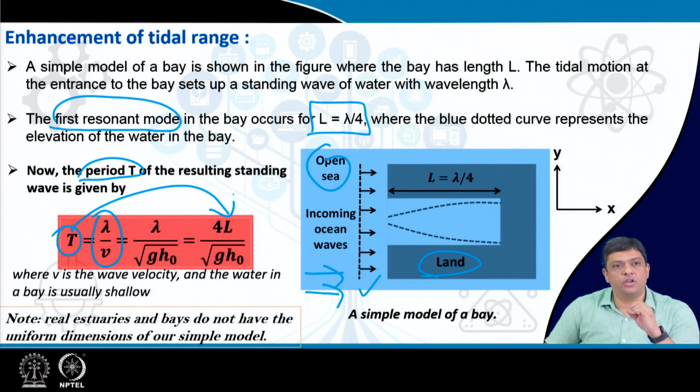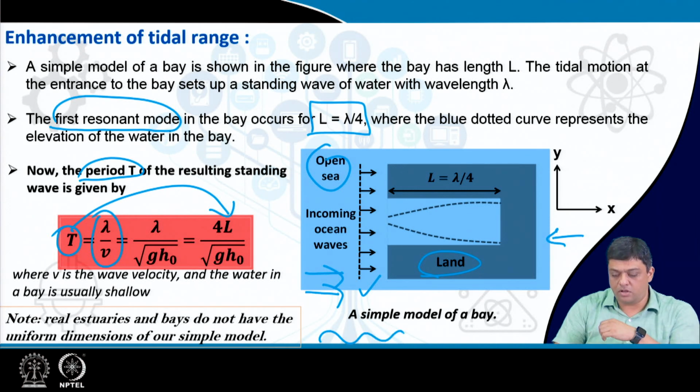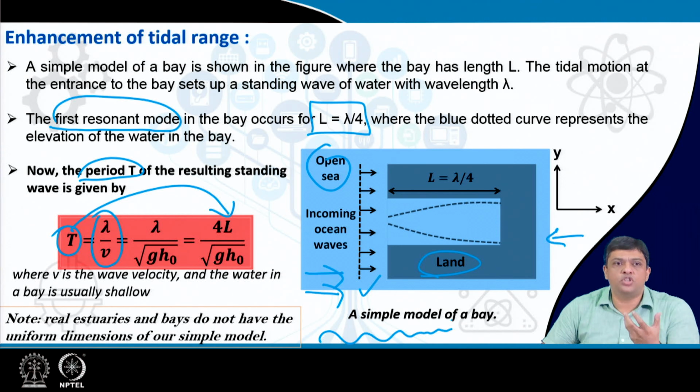Please note, in real estuaries and bays, this is not the example or smooth figure which you can take, because these are not uniform as the way we have drawn here. You can have land structure which is non-uniform. So, the values may be slightly different because you have a surface which is not as ideal as the one considered in the figure. But to start, this is a very simple model which gives you an indication and the rough values which